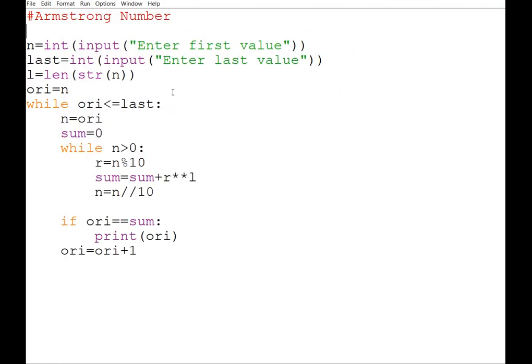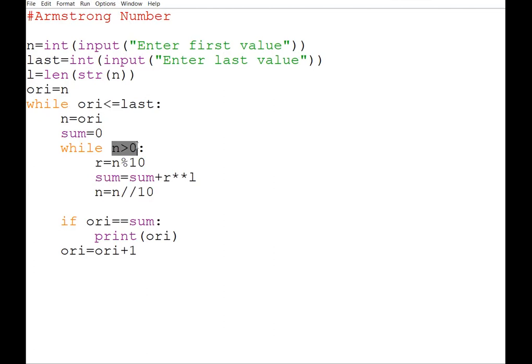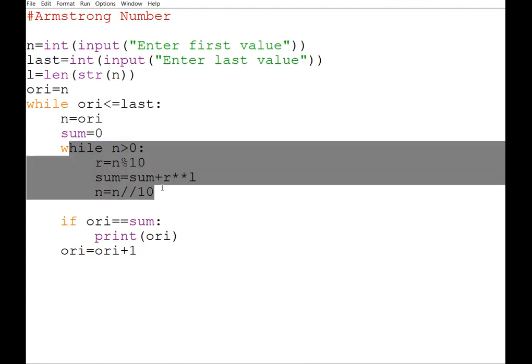Yes, Twinkle, what you were asking? Ma'am, why are we giving n equals to ORI here also? See why we are giving like this, no? Because ultimately whenever you execute this while loop, this n will become 0. Okay, so for the next time, what is my n? Which is this particular value, the original value. Initially my original value, suppose I'm taking another example, suppose it was 1000. Okay, so 1000 is my n. For n I am checking whether it is Armstrong or not. If it is, then I'm printing.